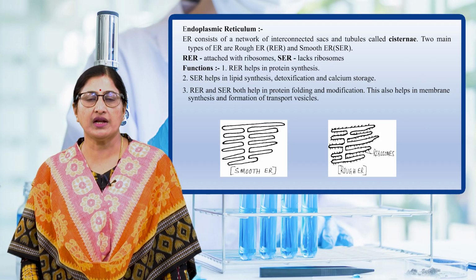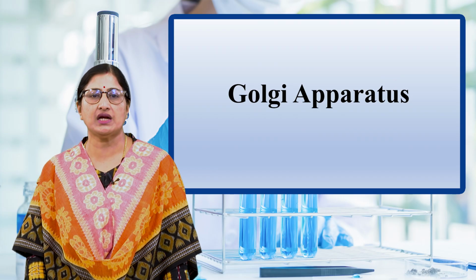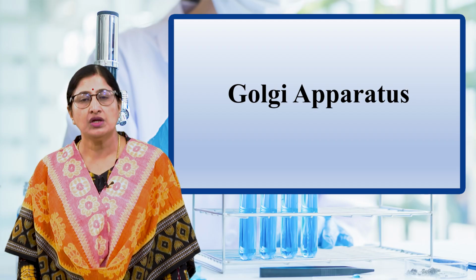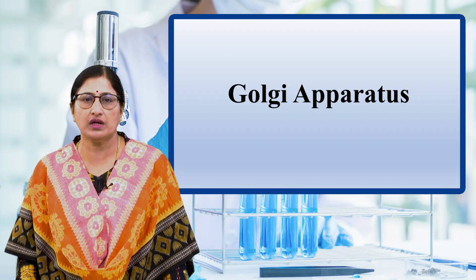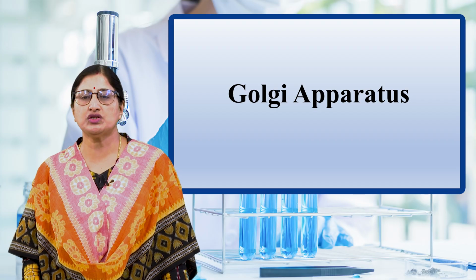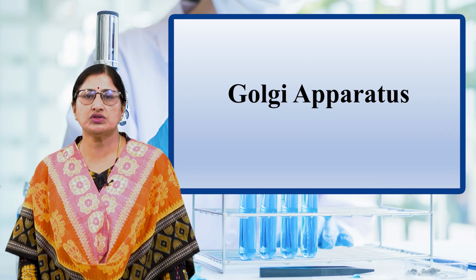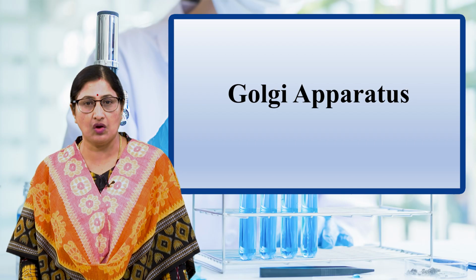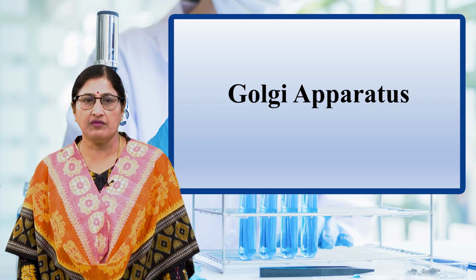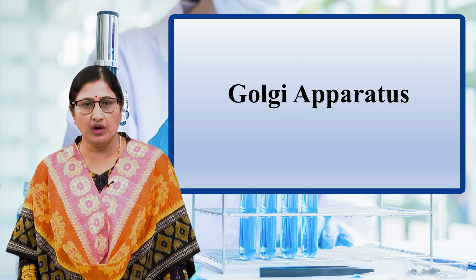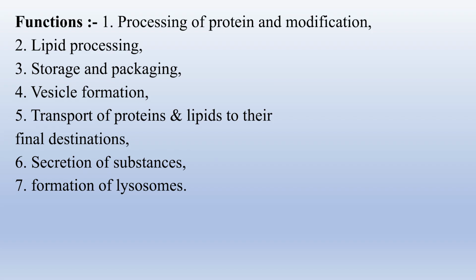Moving on to the next organelle of a cell, that is Golgi apparatus. This is also called Golgi body. You can see the picture of Camillo Golgi. He was the first scientist who observed Golgi apparatus under the microscope. This is composed of a series of flattened membrane bound sacs called cisternae, and the functions are: number 1, it helps in the processing of